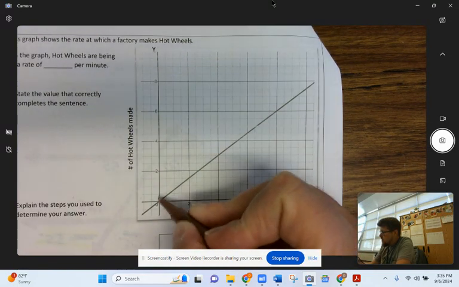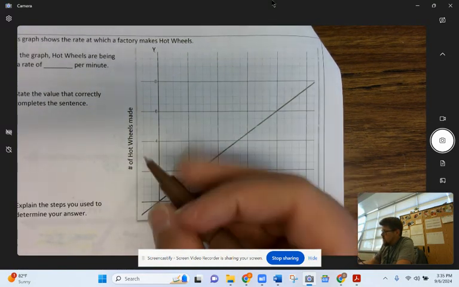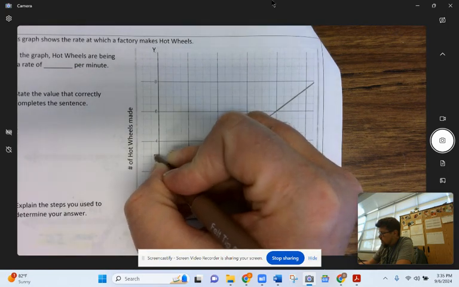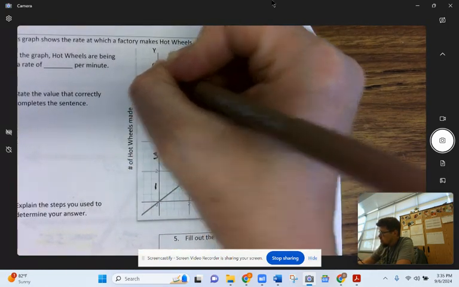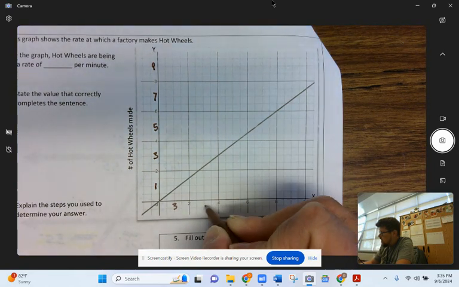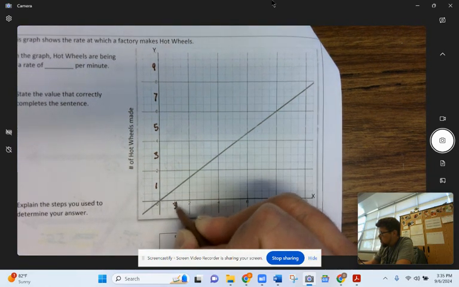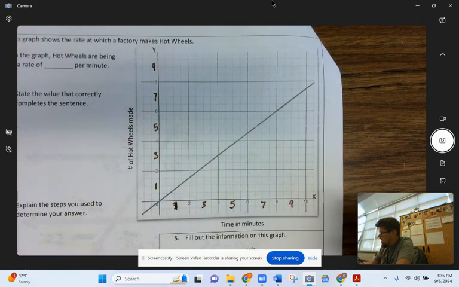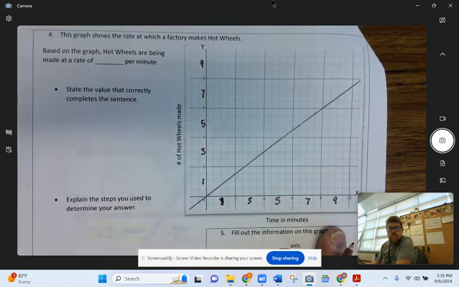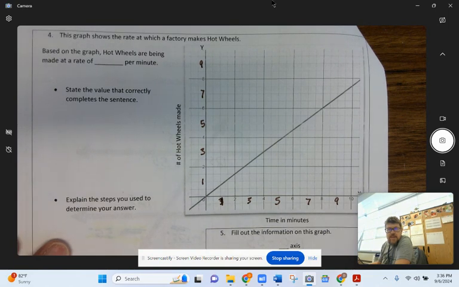You'll also notice that we are skipping some numbers right here. If it makes you feel more comfortable, you can plug in the odd numbers that this is missing. But you don't have to do that necessarily. That should be 1, not 3, my bad. 3, 5, 7, 9. Okay, so based on the graph, Hot Wheels are being made at a rate of blank